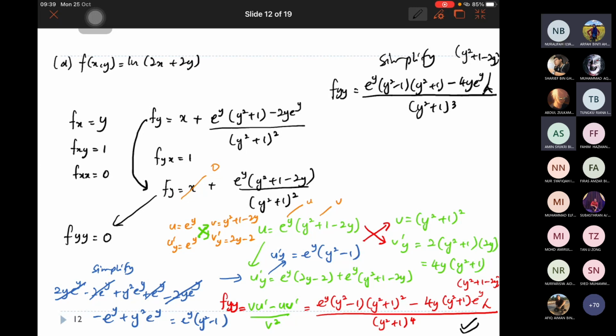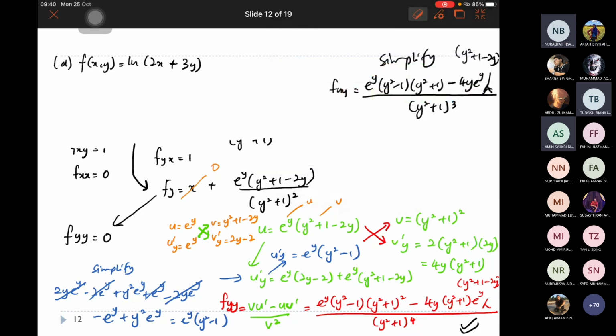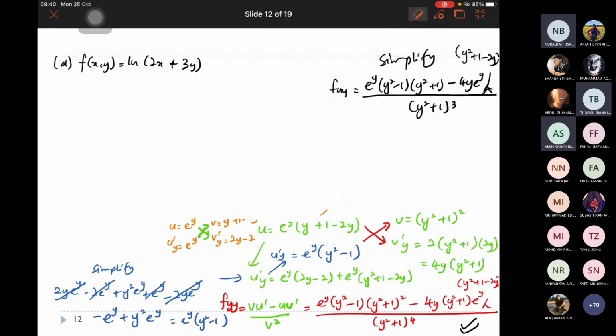So, cuba settlekan. 2X tambah 3Y. So that is the third question. So how we are going to solve this one? Okay. So nak dapatkan